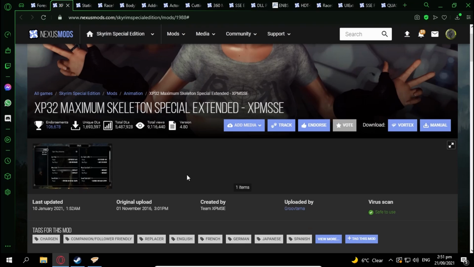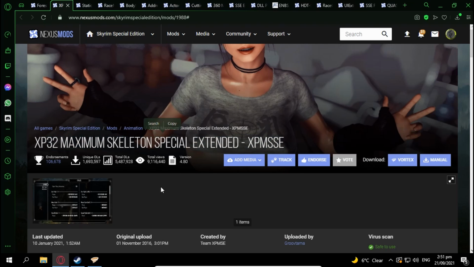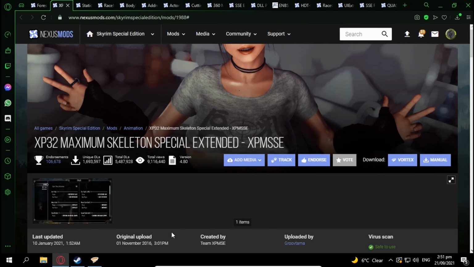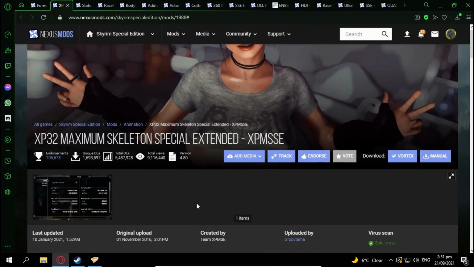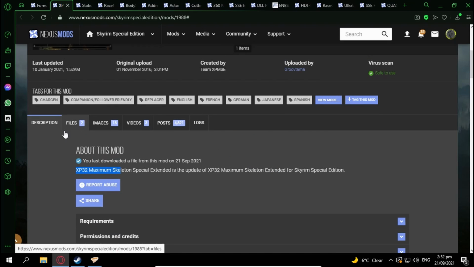XP32 Maximum Skeleton Special Edition, or XPMSSE. Again, I filmed this 4 times. That's a bit of a mouthful. What this will do is add a skeleton for the player model and character models of Skyrim. So all NPCs and the player will now have a skeleton bone structure added. There is already one. This one is better. Go ahead and read the description if you want to know more, but we're going to go straight into the